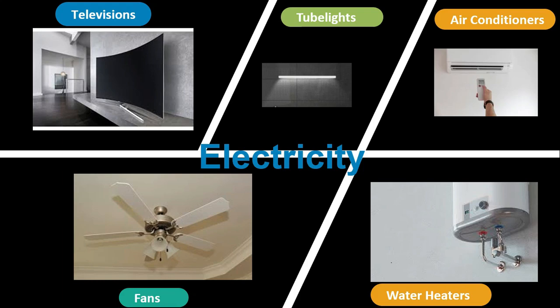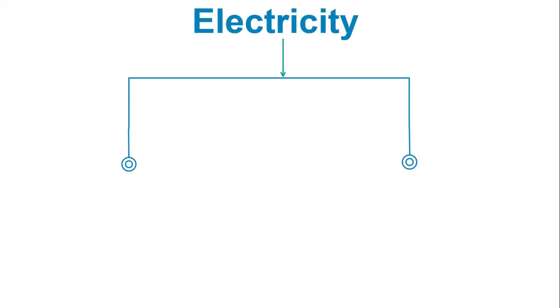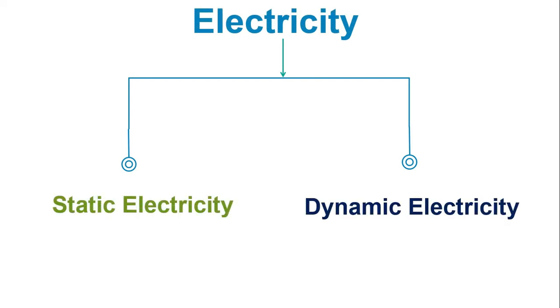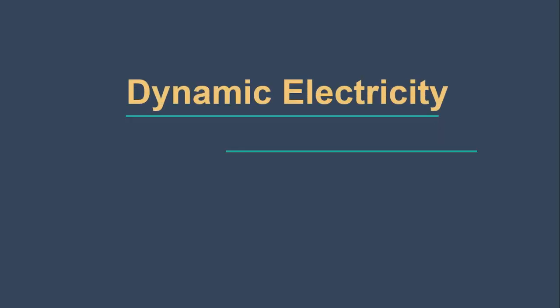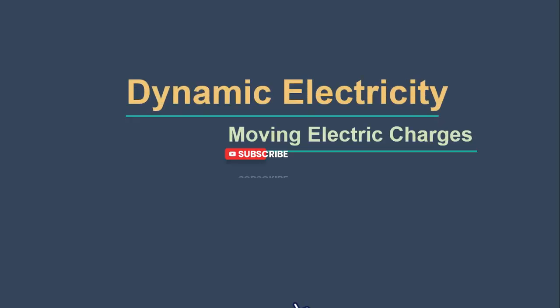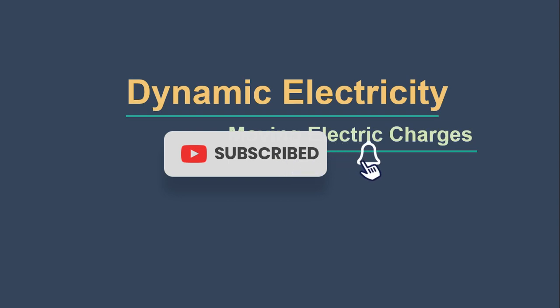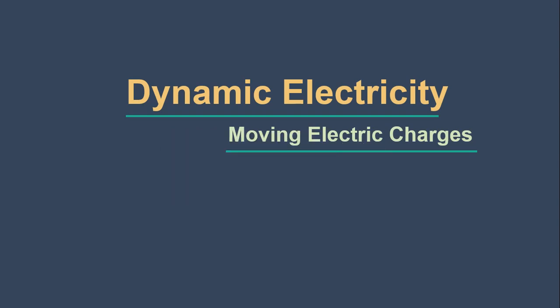But let's just keep aside all rhetorical talk and try to understand the real thing. I have not really told you what the term electricity means. Well, there are basically two forms of electricity. One is static electricity and the other is dynamic electricity. For now, we are only interested in dynamic electricity. From the name itself, you can say that it implies moving electricity or moving electric charges. Now the next question you will have is, what are electric charges?